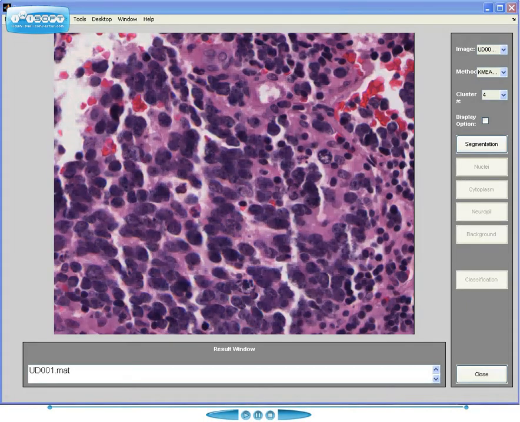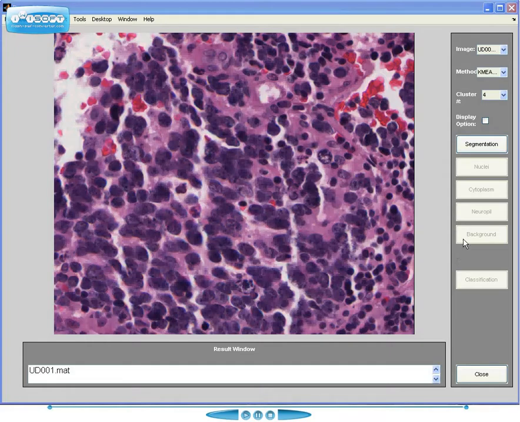This demonstration is about the classification of digitized neuroblastoma histopathological images as undifferentiated, poorly differentiated, or differentiating based on the grade of differentiation. Grade of differentiation is one of the most prominent morphological indicators in the classification of peripheral neuroblastic tumors. In this demonstration, we'll try to show how the proposed computerized system will work for automated classification of digitized